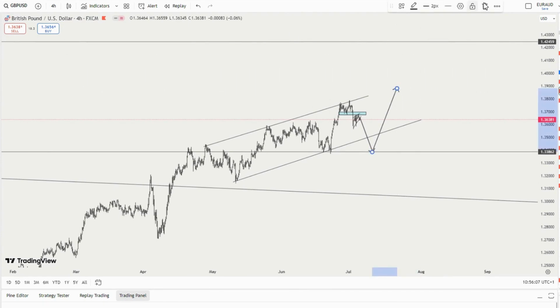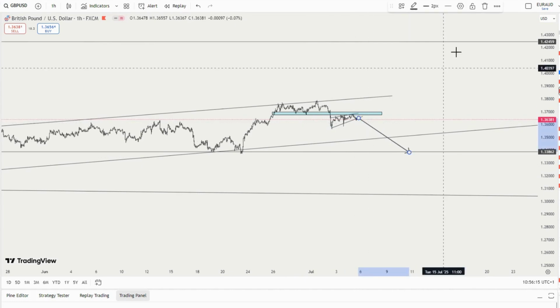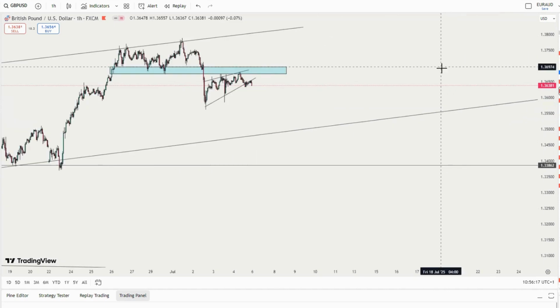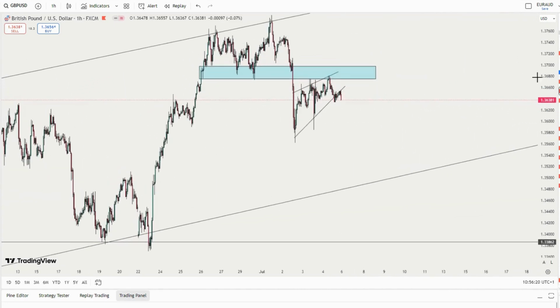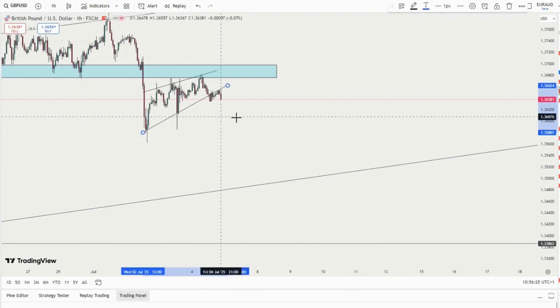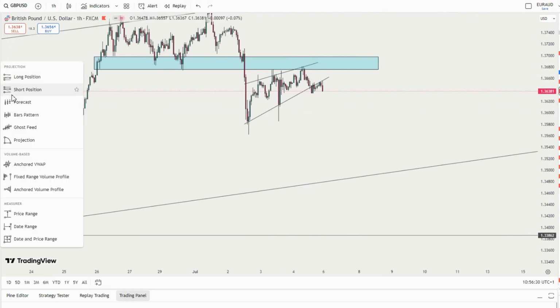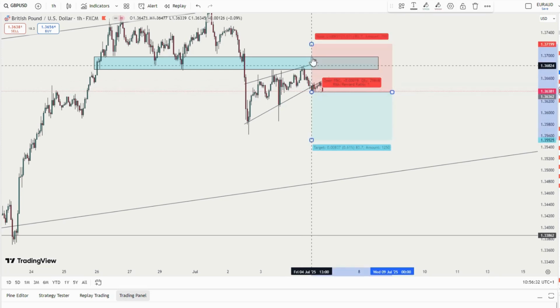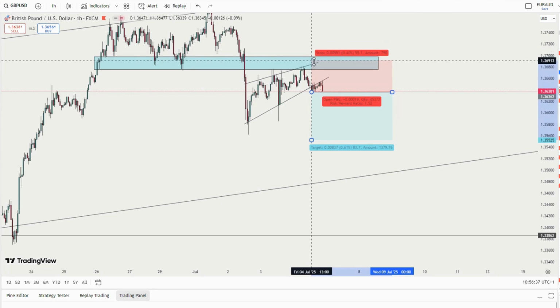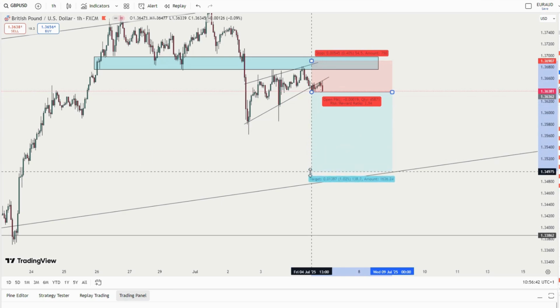From that particular market order, it depends on what the candle that opens on Monday closes at. If there is no gap, then it is set like that. If there is no gap, as you can see, I'll be looking for a sell setup with a stop loss below that particular high. If there is no gap on Monday, then probably at this high there should be a stop loss, and then a possible take profit at this particular area.